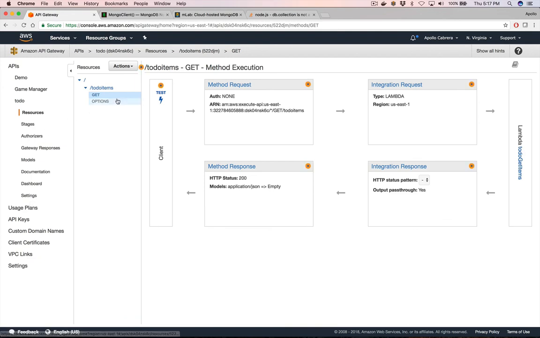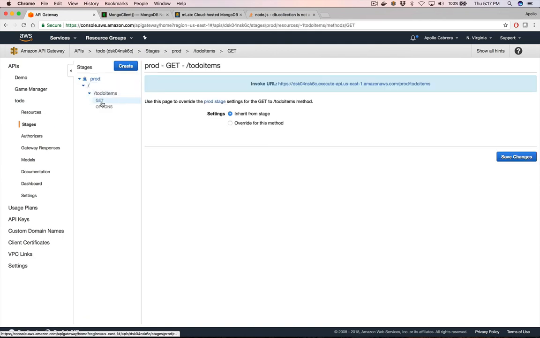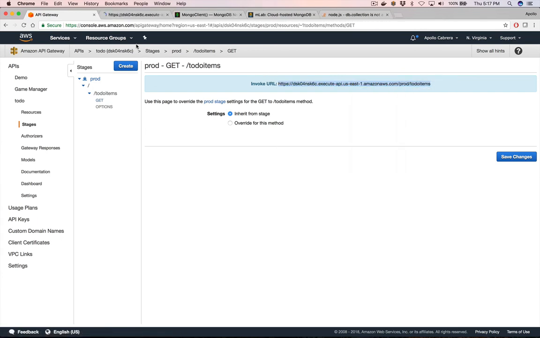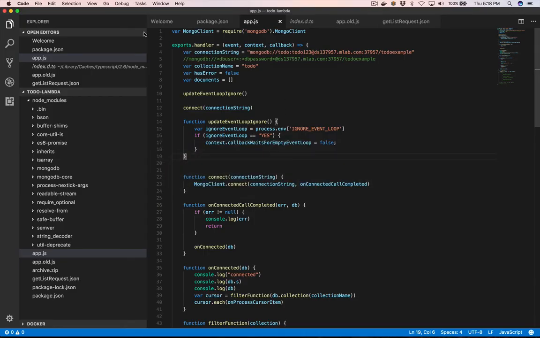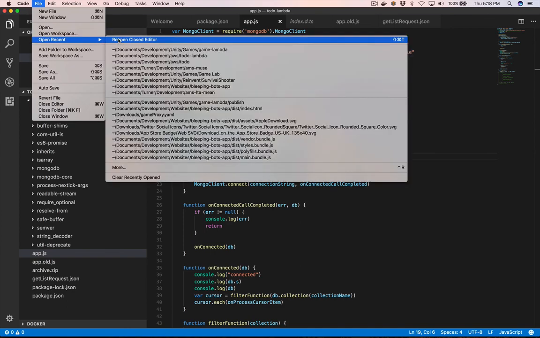where's stages at? Stages, to-do, stages, prod, get, and let's open this up in a new tab. And that should also work fine, because just calling Lambda, there's really nothing much that's changed there, so that's still working. And then the next thing that we want to do is go to our Angular client, open recent, to-do,